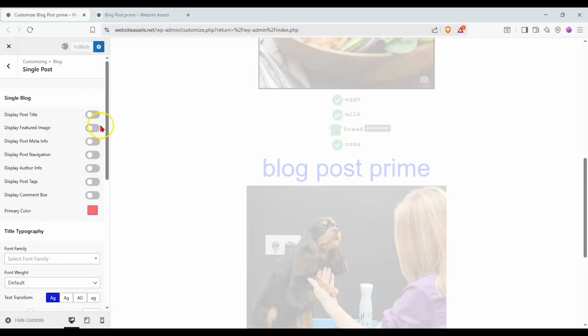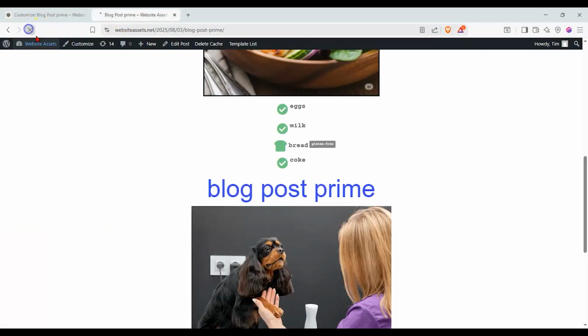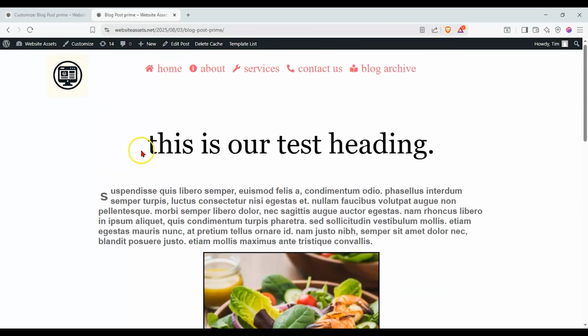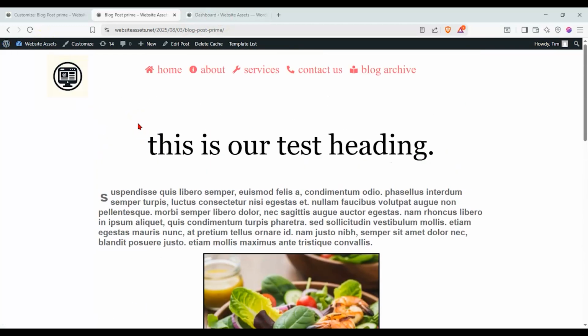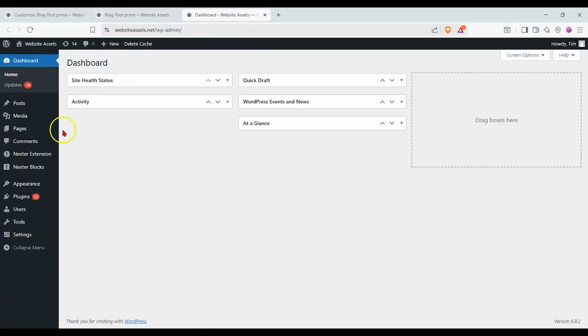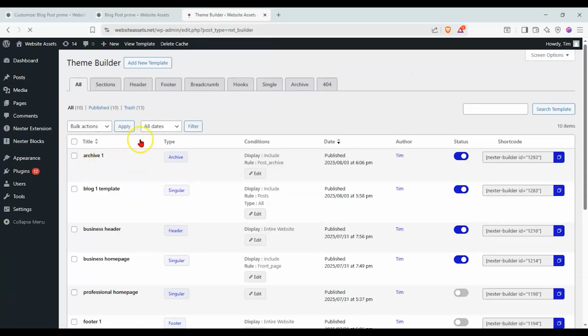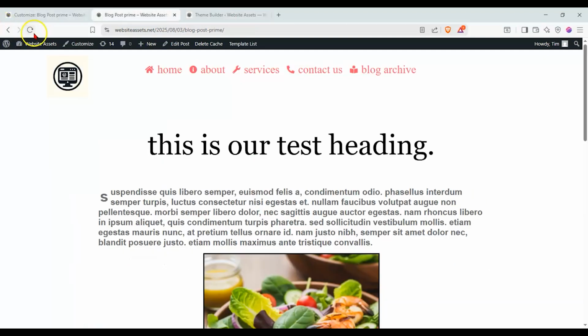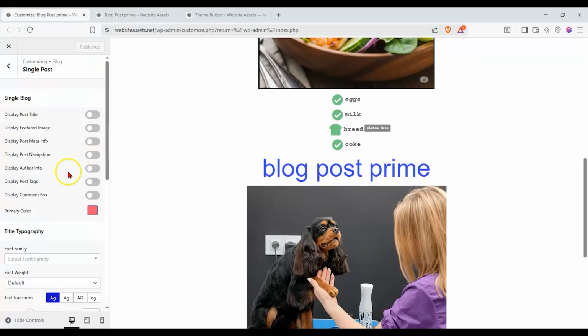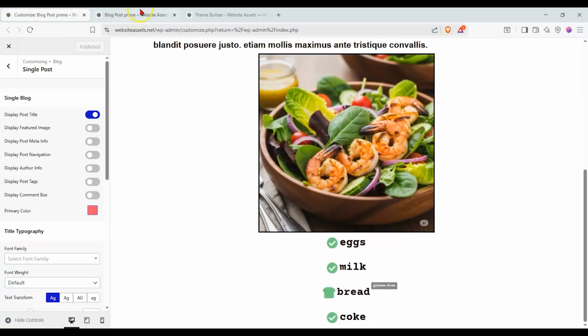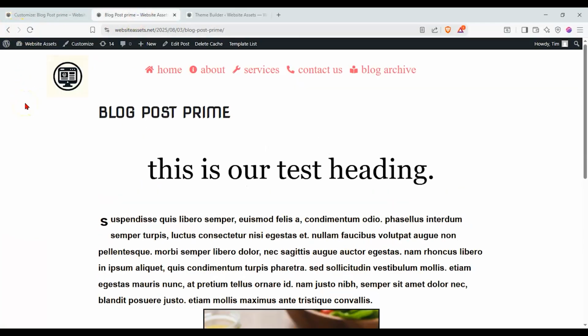Let's click on Publish and save all of that, right? And then reload this. And technically, all of this should be gone. So what gives? What's happening? Again, to reinforce the beauty and versatility of the Nextr theme builder, let's go back there to our extension and back to the theme builder. If we were to disable our blog 1 template, which is what we made for our singular, that's where every single thing will disappear. And if I were to enable this one and publish it and reload this, you can see that we get